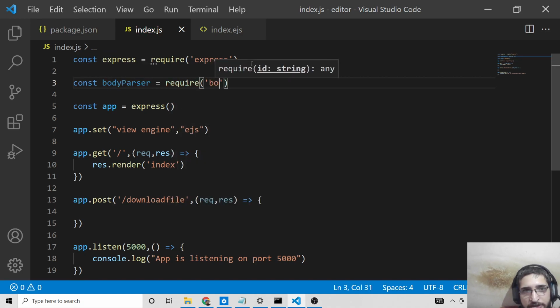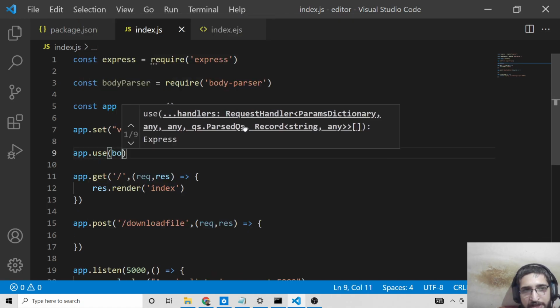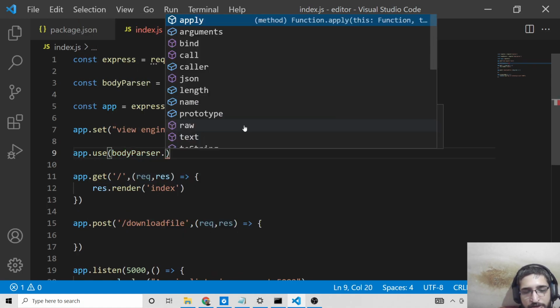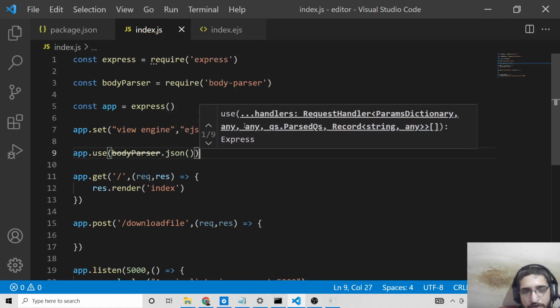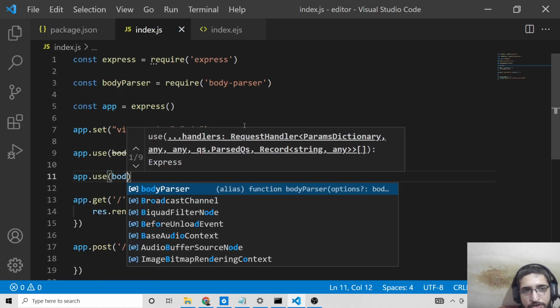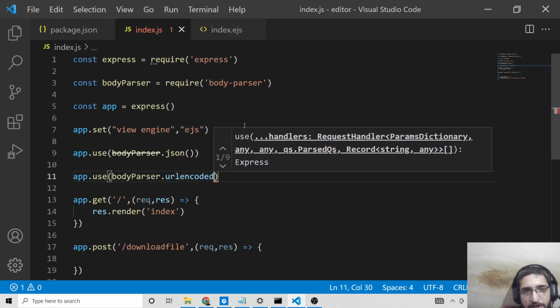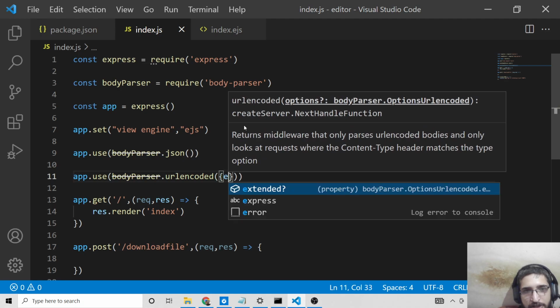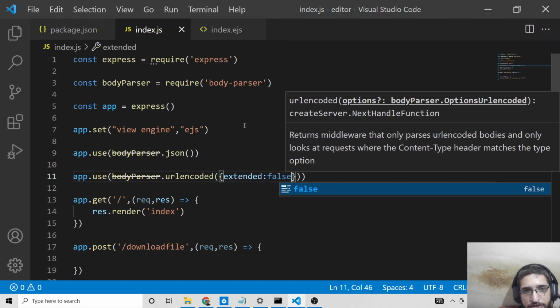And now to get the form variables, guys, we need to use another built-in module of Node.js, which is body parser. So just include this body parser middleware. And now to initialize it, we will write these two lines, bodyParser.json. So don't worry about the deprecation. Just write these two lines, bodyParser.urlencoded, and extended set to false.